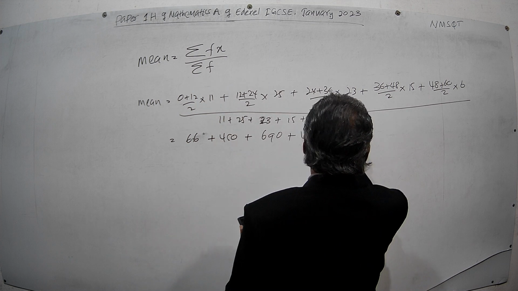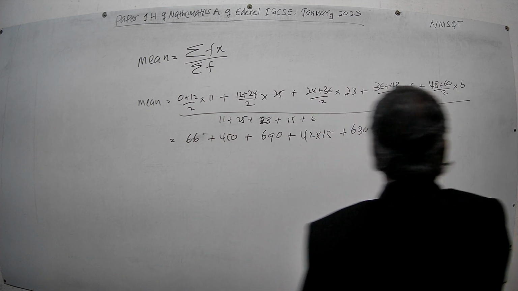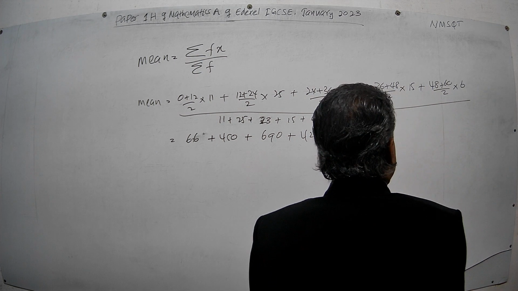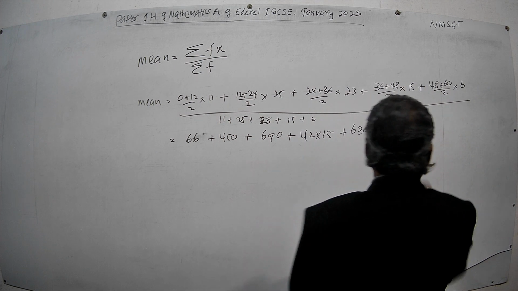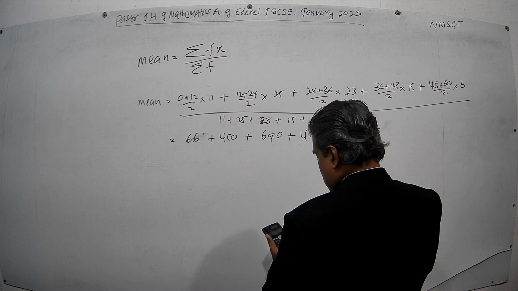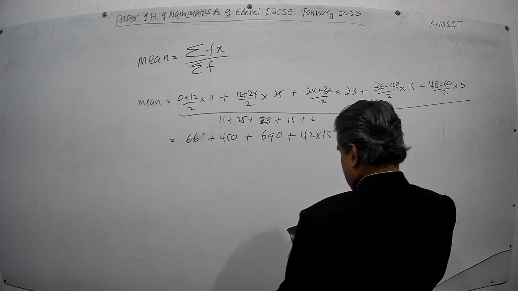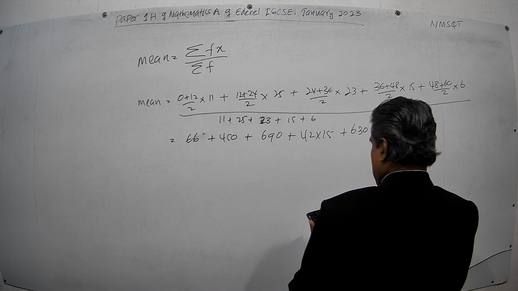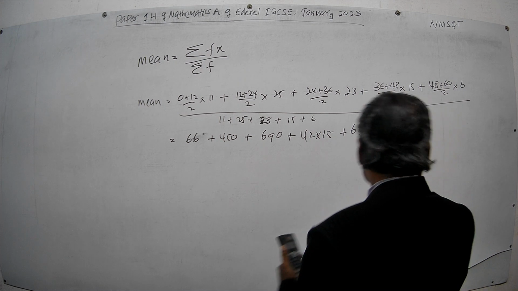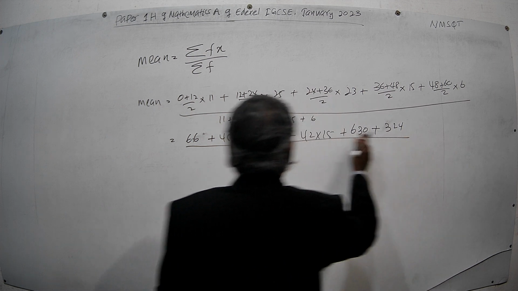630, then plus, then 48 plus 60 is 108, 108 divided by 2 is 54, 54 into 6, how much? 54 into 6, right? 324, right? Okay. So this whole line,